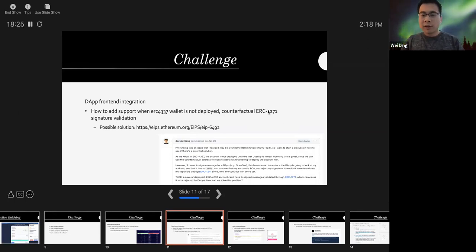So ERC-1271 cannot verify a smart contract which hasn't been deployed to the network yet. But what if we have a smart contract user who hasn't activated their wallet yet, but still tries to explore certain DeFi protocols? With ERC-1271, it's impossible, because it needs the contract deployed to the network and required to check a valid signature in the interface.